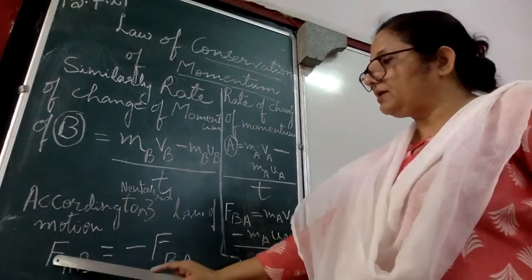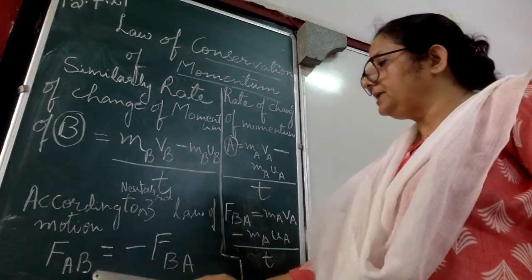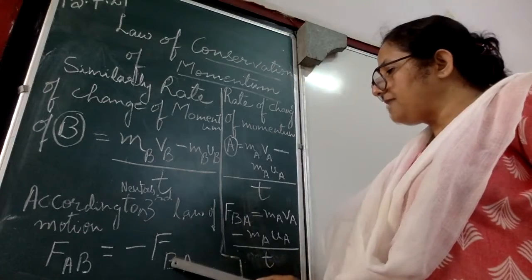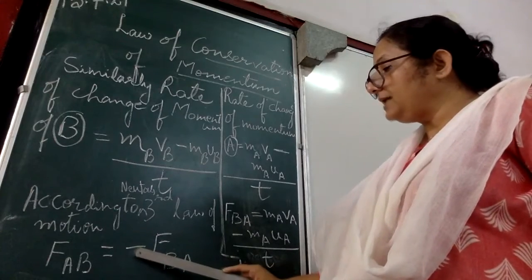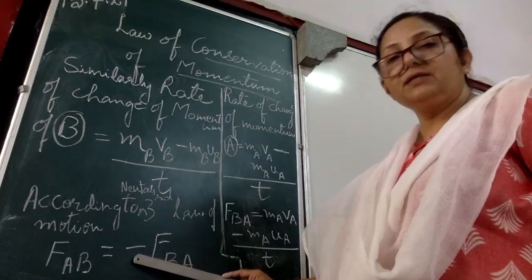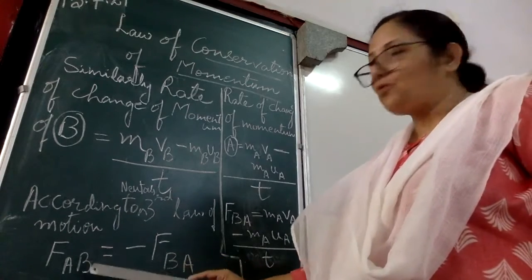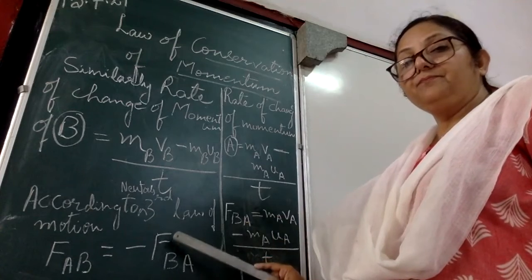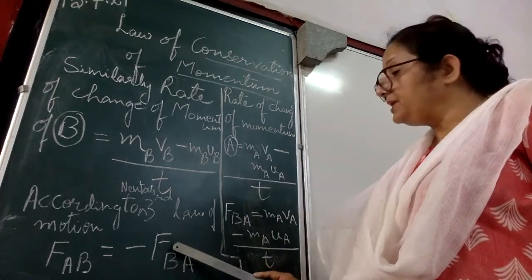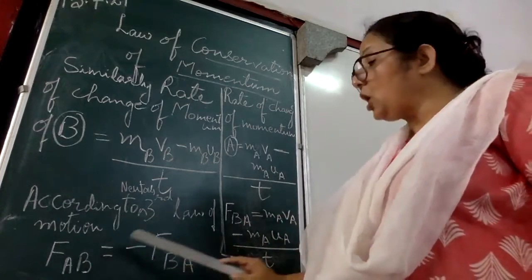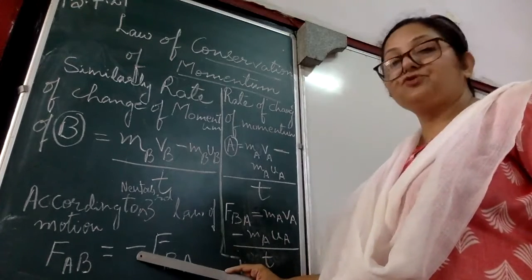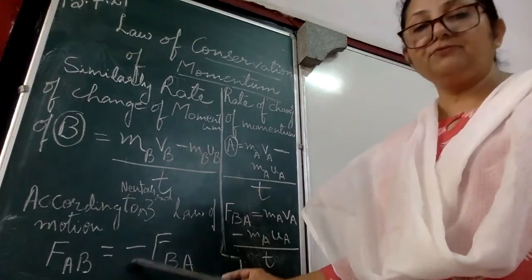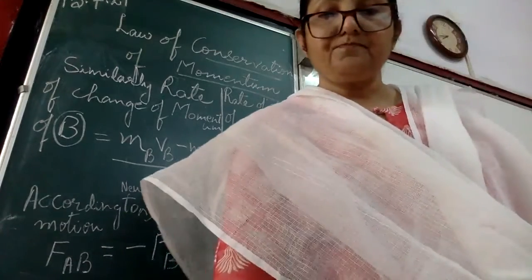So from there we can write FAB is equal to minus FBA. Why minus? Because according to Newton's third law of motion, the magnitude of force A applied on B will be the same magnitude with which B will apply force on A, but in opposite directions. So therefore, we have to use the sign minus. Hope you have understood this. So from here, we further derive that